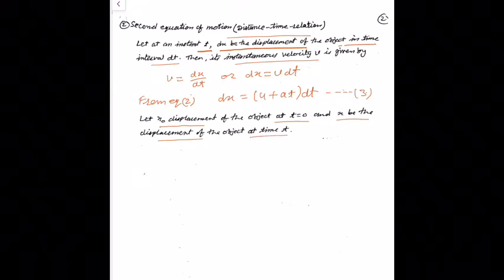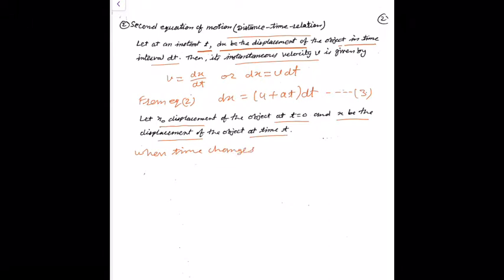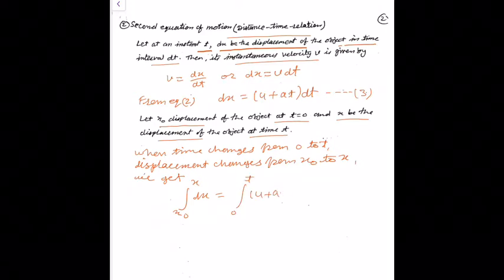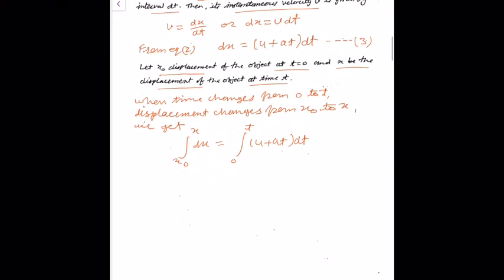Integrating the equation third within the condition of motion, that is, when time changes from 0 to t, displacement changes from x naught to x, we get integral from x naught to x of dx is equal to integral from 0 to t of u plus at into dt, or we can write